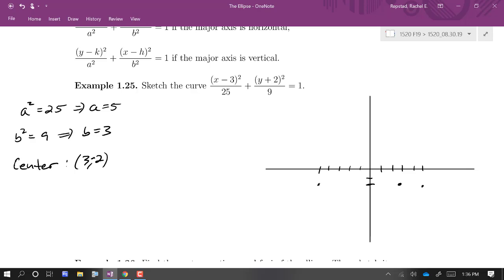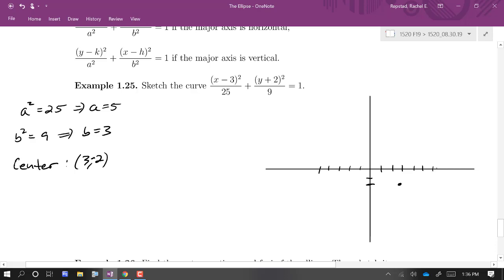A is only the actual coordinates. A and B and C are only the actual coordinates when our center is at the origin. If our center is anywhere else, A, B, and C give you the distance to each vertex, or the ends of the minor, or the foci. So, in fact, what we're going to do is go